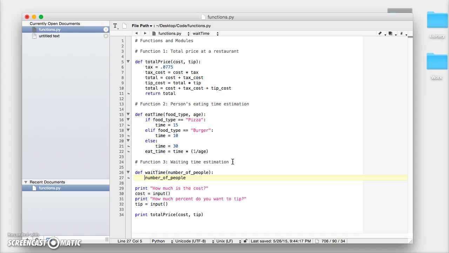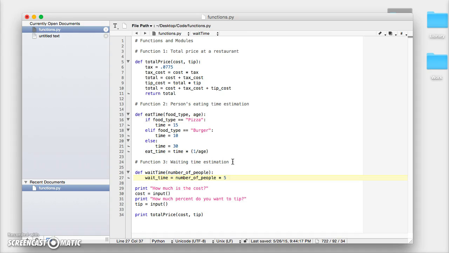Nope, too easy. Let's say it's 5 minutes per person. And so there's a turnover rate of like 5 minutes per table. So wait time equals number of people times 5, because they're each going to take 5 minutes to at least